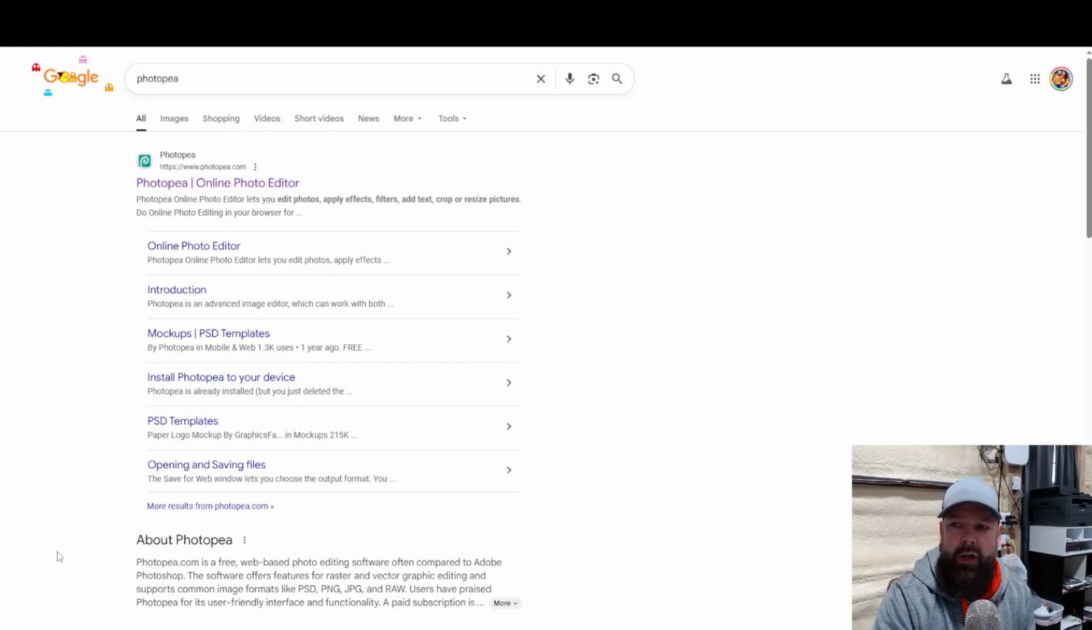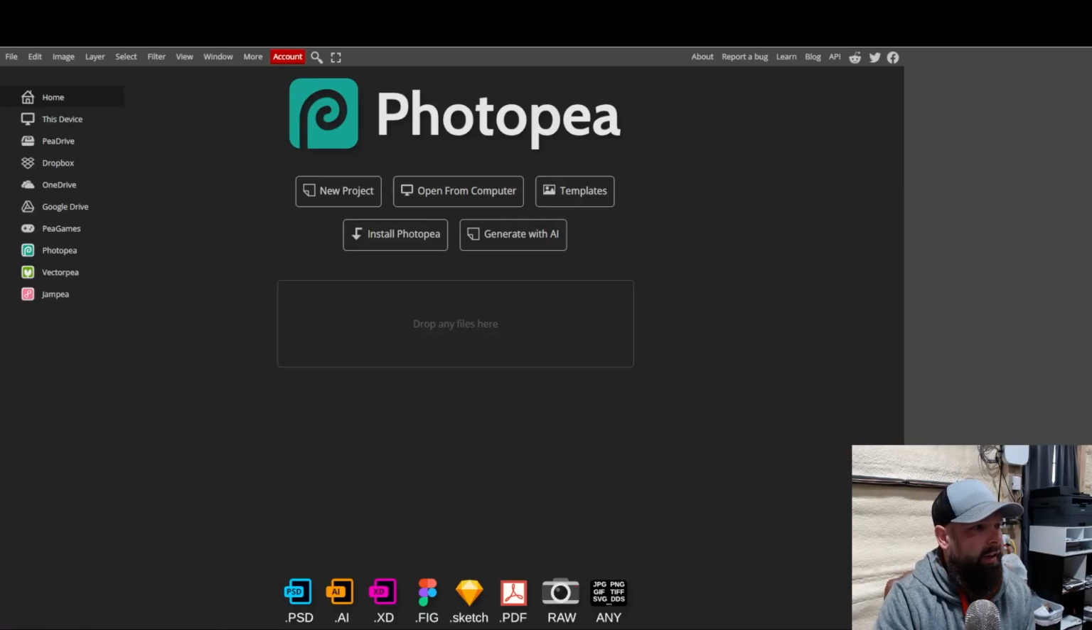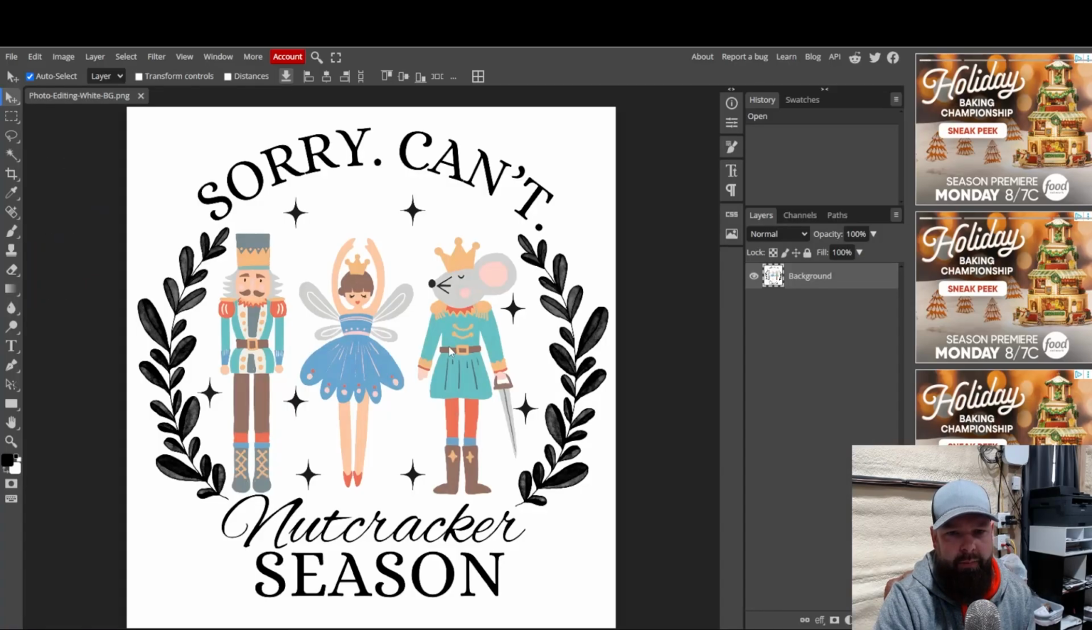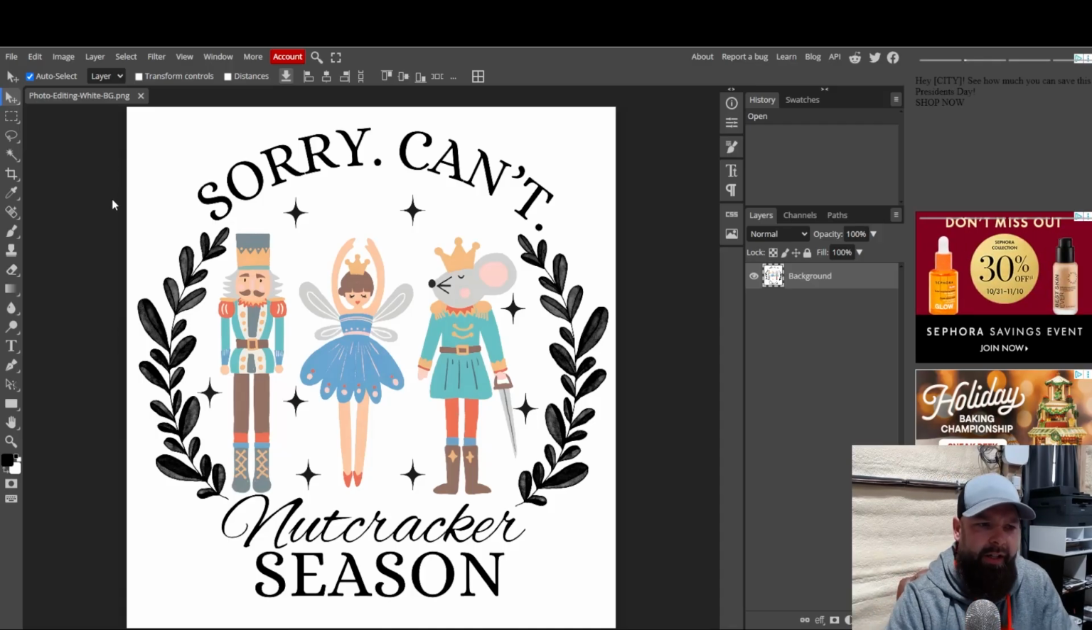So we use Adobe Photoshop and Adobe Illustrator when we do it, but there are free options out there. As you can see, I have Photopea up. I've Googled Photopea, and I can pull this up on the computer, and let's go find a file that we can change. So I have one here, and I'm going to drag and drop it in, and as you can see, this one has a white background, and we're going to want to remove this to make it print ready